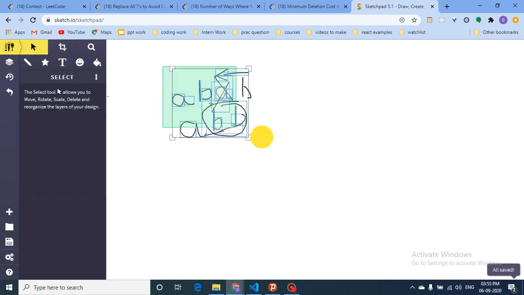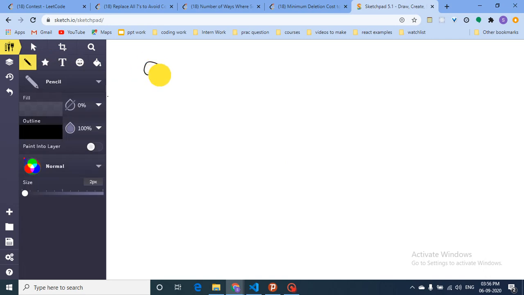But if you closely observe, it doesn't need a stack. Why? Because it is not beneficial to delete this A, as it is separating two different characters. This string already has no two consecutive equal characters, so we don't do anything.